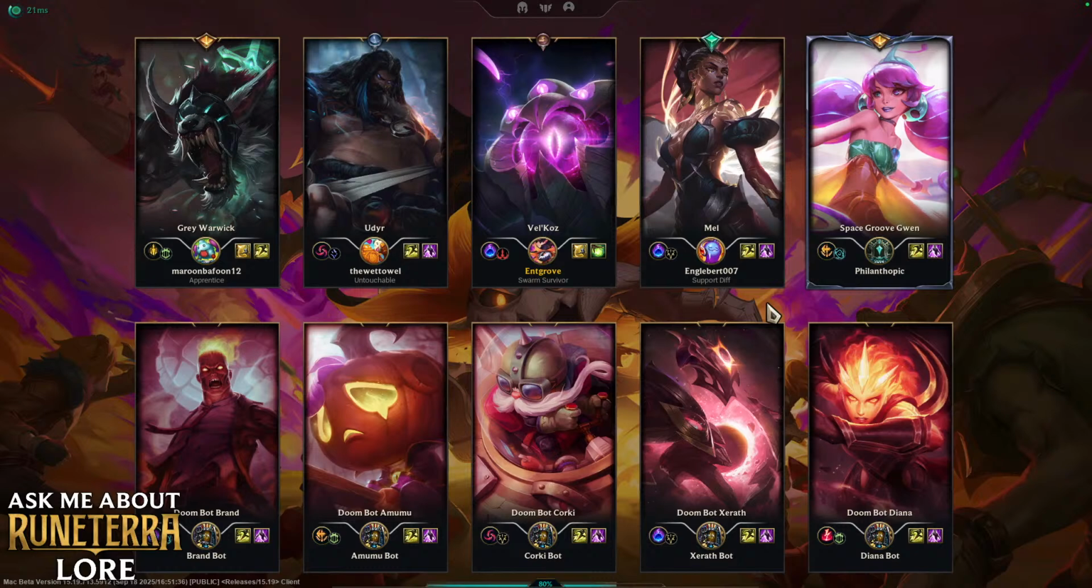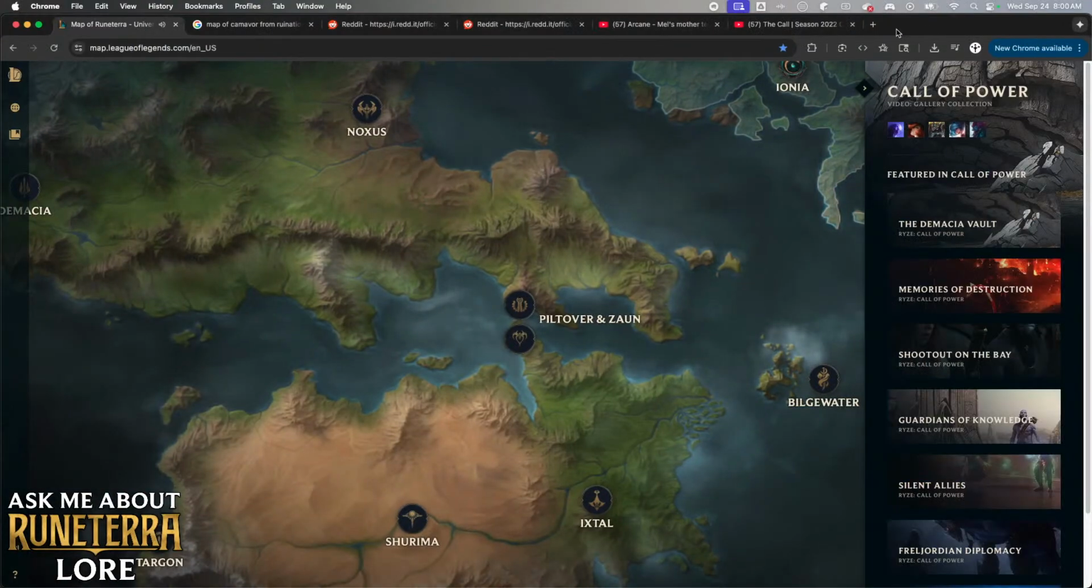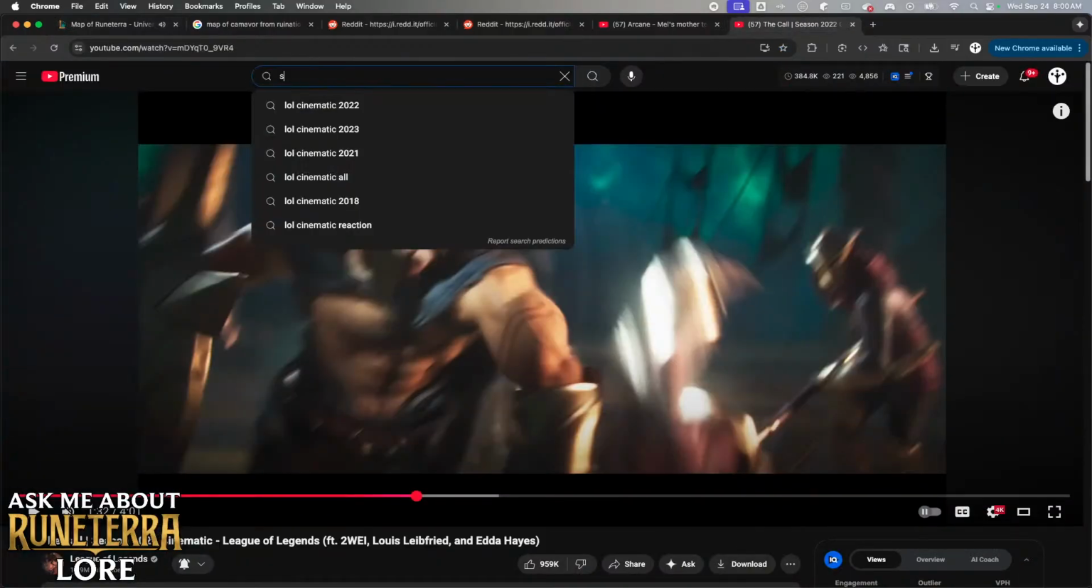Because right now it looks like Singed was pretty much squarely in Ionia or in Piltover and Zaun. We do see him go and get those dogs in Arcane. I don't know if you remember that scene. Like Singed,